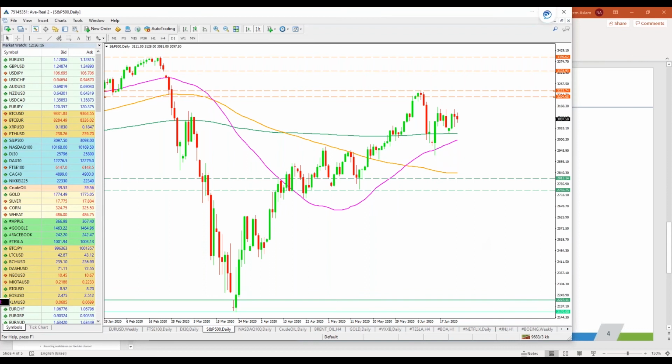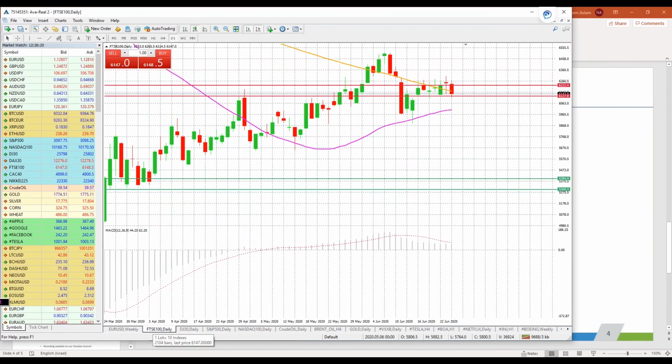All right, okay. Now we will quickly move into the FTSE 100 index as well. Look at the price action from here, from this perspective, see where we are moving. Again, the moving averages are going to be very much the same. We are not going to move the moving averages from their current levels.